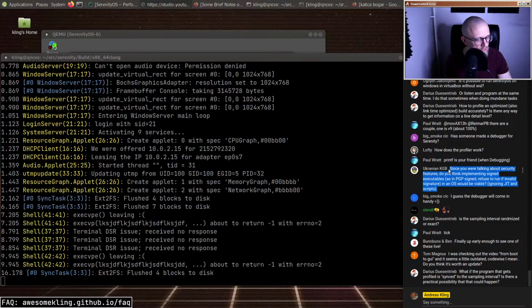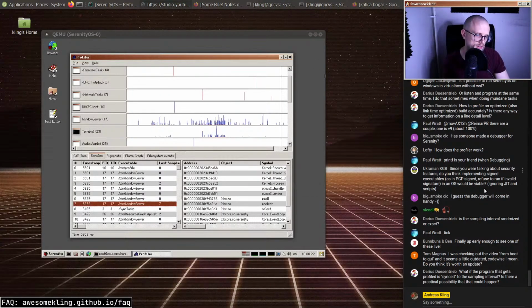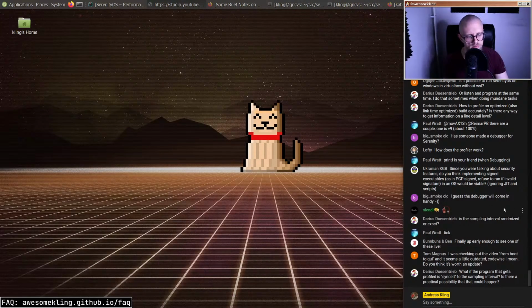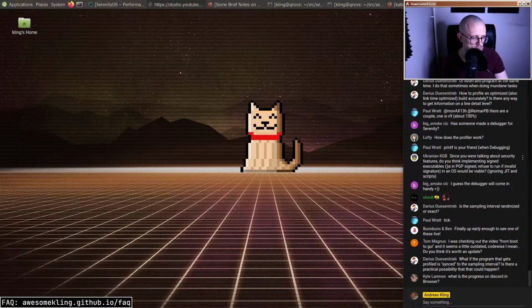Let's see, Ukrainian KGB says, since you were talking about security features, do you think implementing signed executables, as in PGP signed, refuse to run if invalid signature, in an operating system would be viable, ignoring JIT and scripts? Do I think signed executables would be viable? I mean, sure, you could do that, but ultimately somebody has to be the authority on that stuff. So I mean,